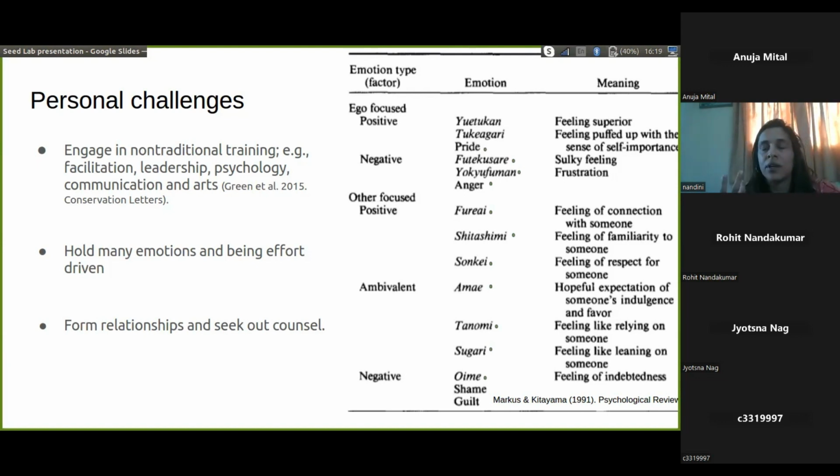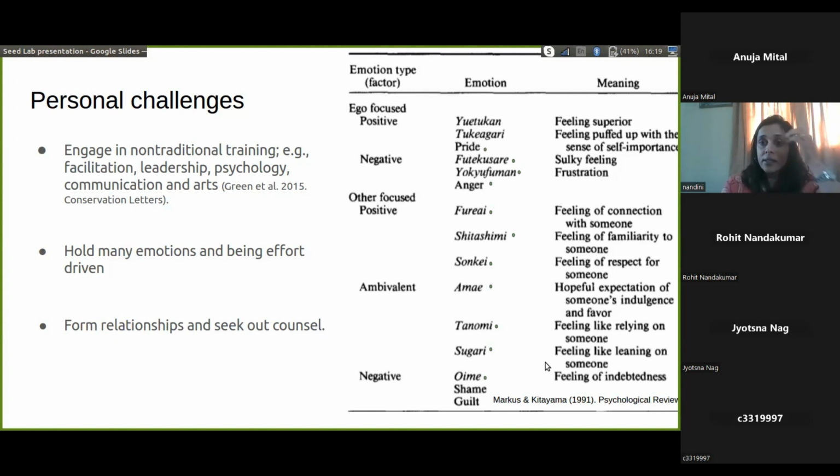Also, given the multiple polycrises that we are seeing, there is a need for all of us to take a personal approach, to bring it all together in terms of understanding what the personal implications of these are to ourselves. So how do you hold many emotions together while being effort driven? And this paper by Markus and Kitayama in 1991 in Psychological Review,